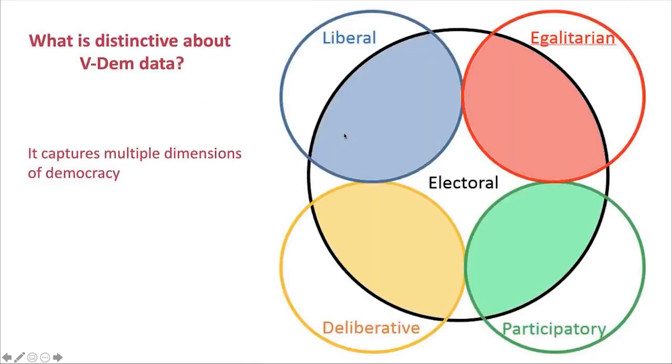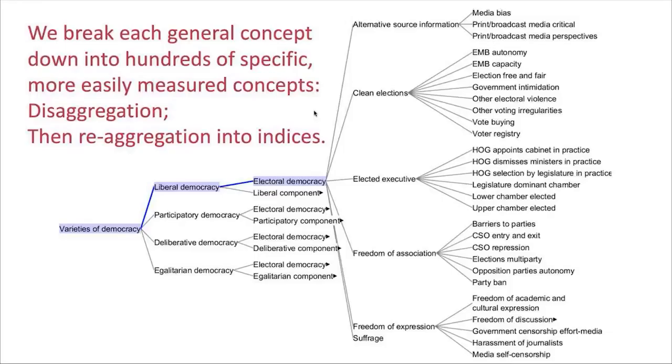Next slide. So in terms of the complex concept, we recognize 5 different types of democracy, primarily electoral democracy, that says having elections is very important, and not just having elections, but having really good elections. We also recognize that this concept overlaps with some other principles like social and economic equality, or checks and balances in liberal democracy, or participatory democracy, or deliberative democracy, in which leaders need to justify their right to lead by engaging in respectful dialogue with the population. So we measure all of these things.